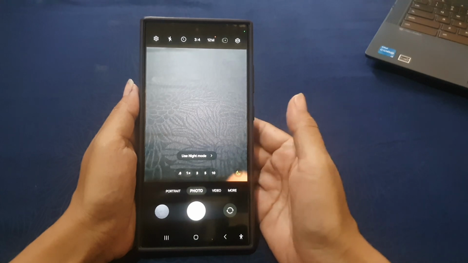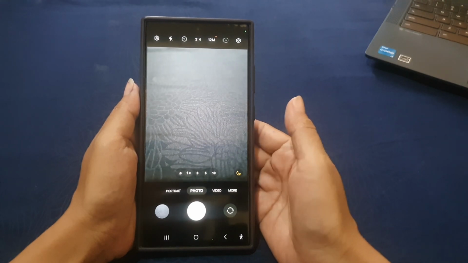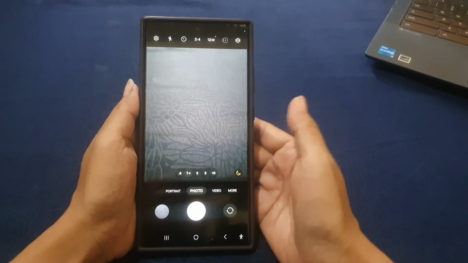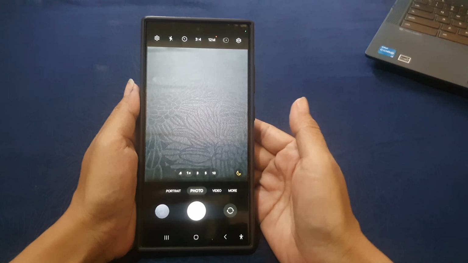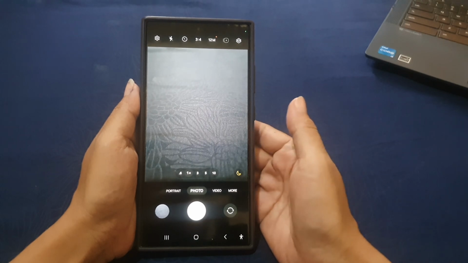By doing this, the settings on the camera app will be reset back to the default given to the function. You can do this as a way to troubleshoot or start fresh without having to uninstall or reinstall the camera app.